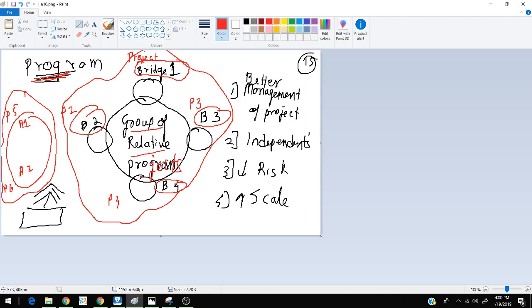Similarly, construction of all the airports will come together and become one program. Similarly, construction of malls will come together to become a program, so that you can order similar things together, purchase in bulk, reduce the cost, and increase the coordination. Whenever foundation design expertise is needed, you can move that person between the different projects and so on. So you can group similar projects together in a program for better management of a project,